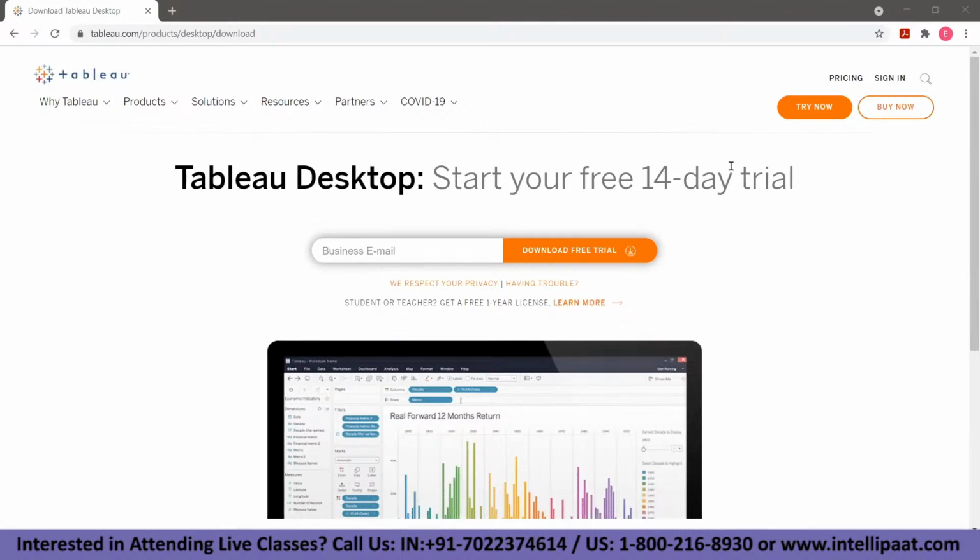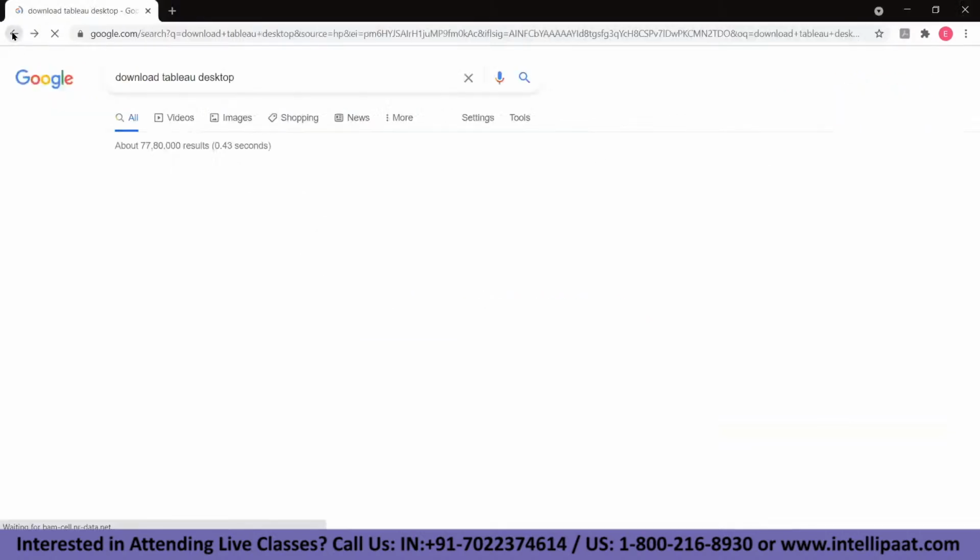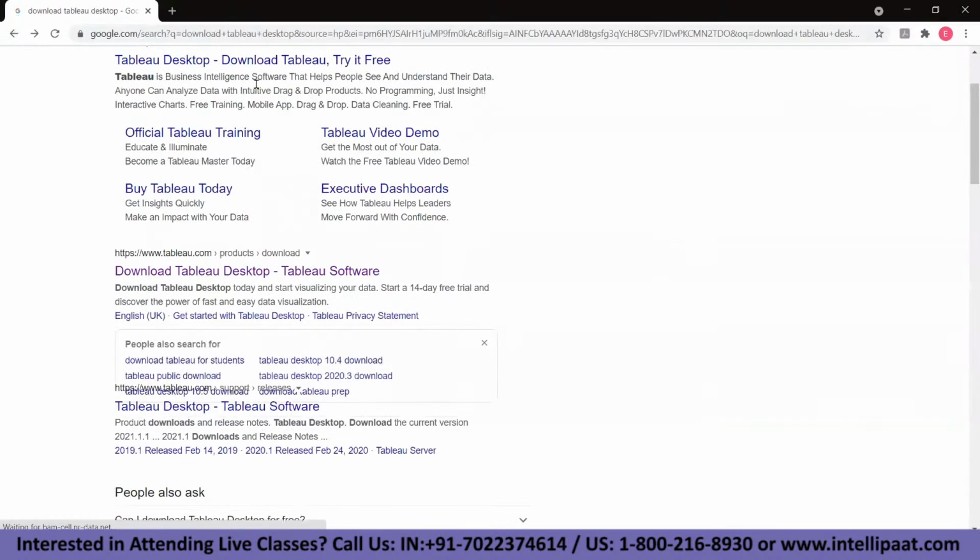The first option is to proceed with a 14-day free trial. The second option is to get the product key from your organization, and keep using Tableau Desktop without any interruption. The third option is that you'll have to pay a specific tariff. It's something around $60 to $70 on a monthly basis that you will have to pay to the Tableau software company to keep using Tableau Desktop without any interruption. And the fourth and final option is Tableau Desktop for students. Now, if you are a student